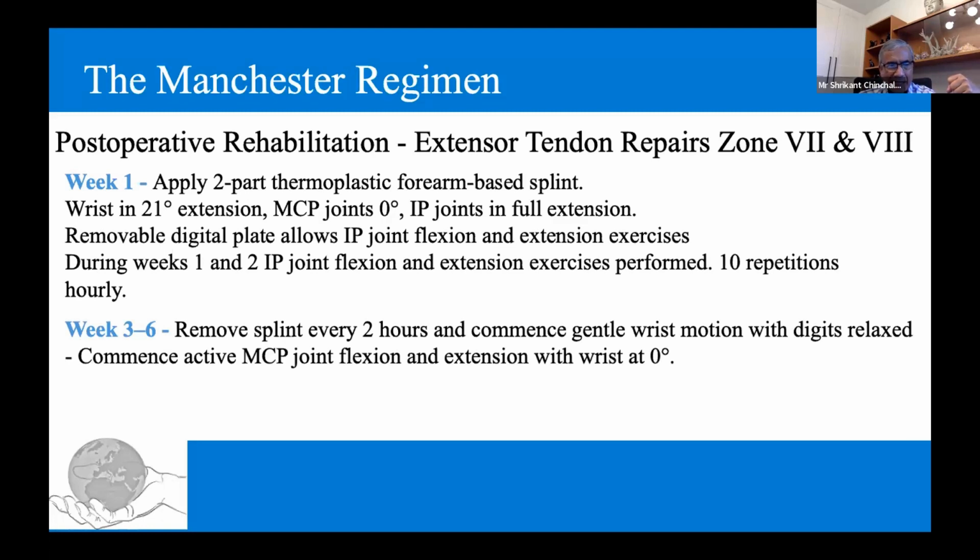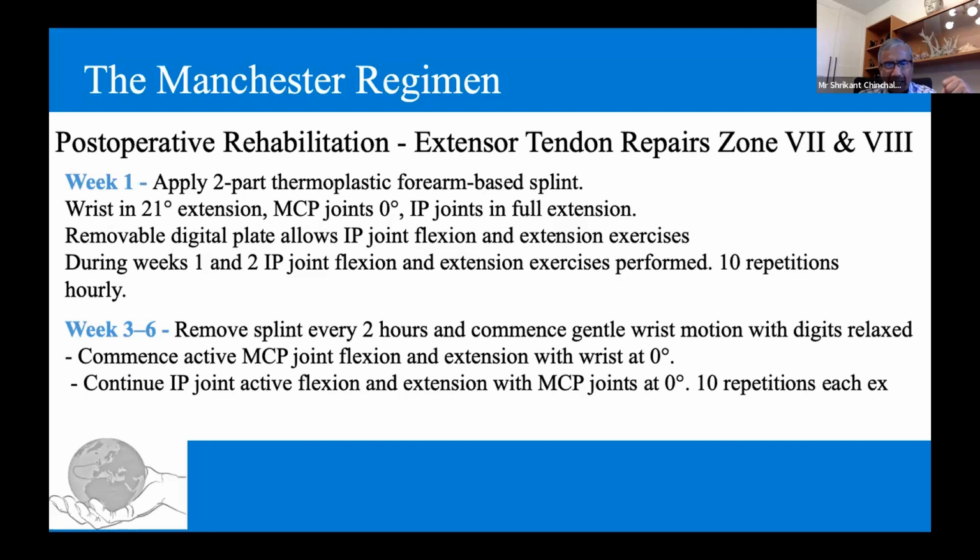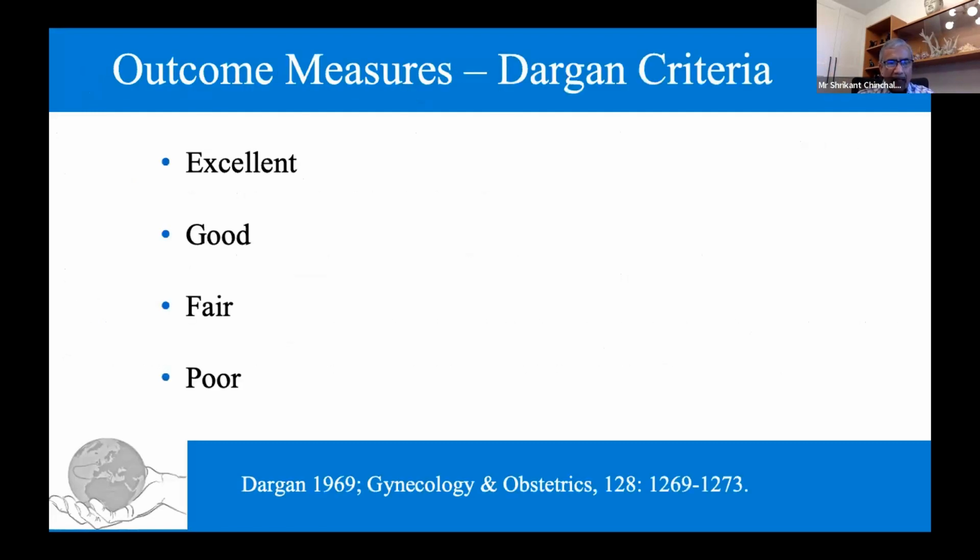with digits relaxed, and then commence active MCP joint flexion and extension with the wrist at 0 degrees, or in neutral position. So these are the protocols, and you can see that every protocol talks about the timing somewhat differently, and therefore it leads us to believe that we must do comparative studies in order to identify what is the final outcome with what type of management. So therefore, randomized controlled trials are definitely essential when we are managing these types of injuries and looking at the